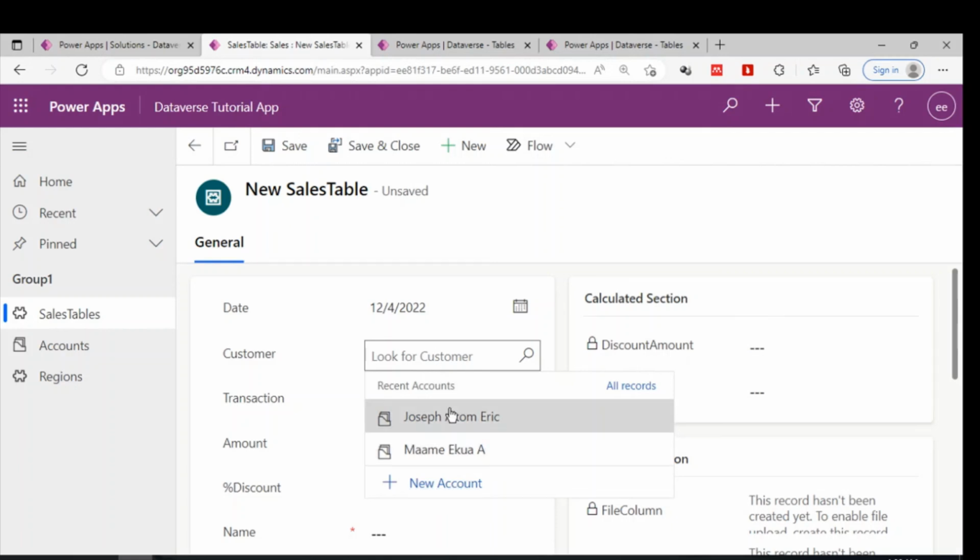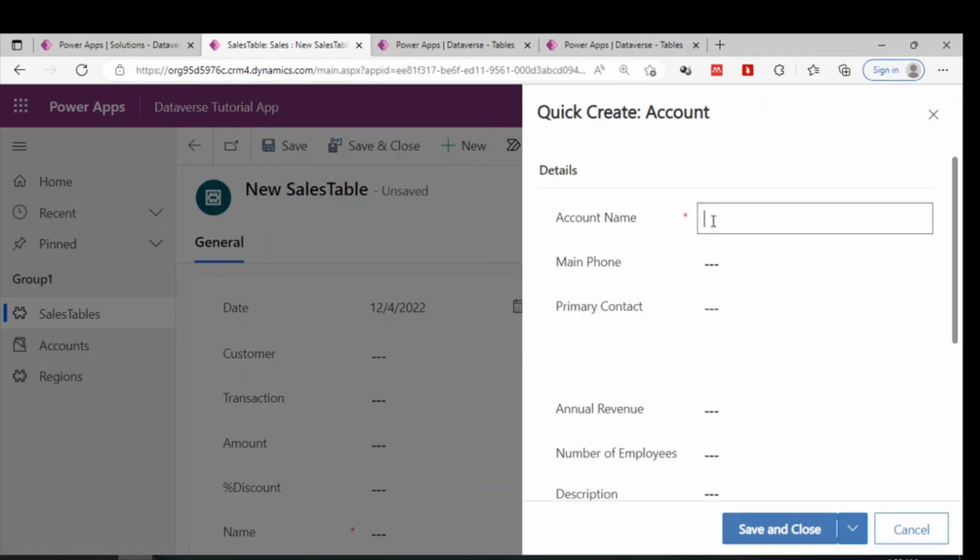Well, this is a lookup column. But whereby you don't have the existing customer and you need to create or add the new customer, you cannot do that using a choice column. So with the lookup, the user can easily create new and add a new customer to